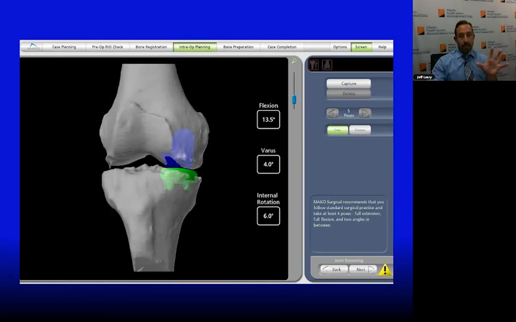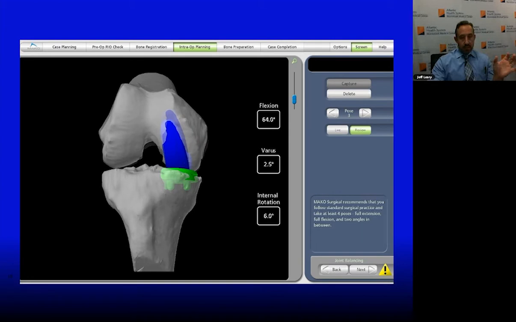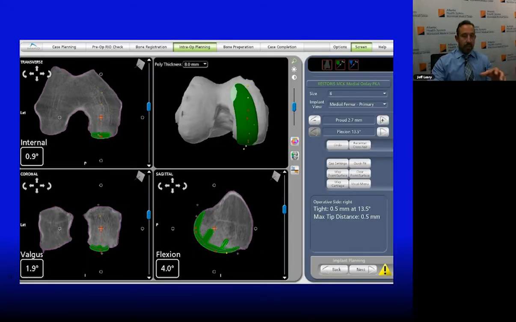We get real measurements as far as degrees of varus, valgus, alignment, things like that. And then you can take the joint through, see exactly how it's going to function, look at alignment, before you've ever actually cut the patient. You can make adjustments right now at this point in the surgery. If something needs to be changed, you can make it. Put this back into the program, correct it, and then the robot will only allow us to make those cuts that we've already planned.